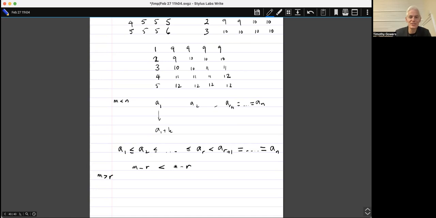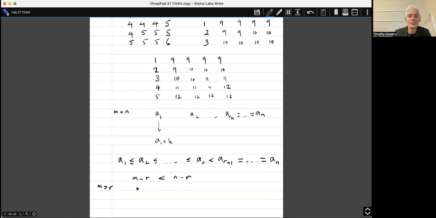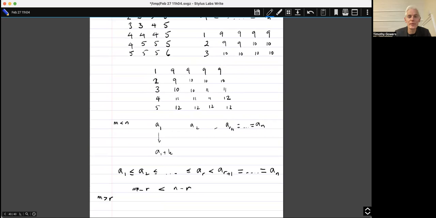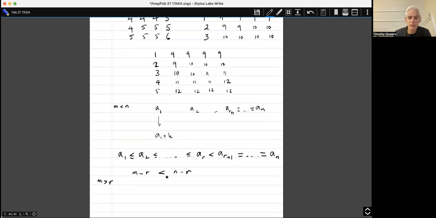So why is that argument wrong if we have 4, 4, 4, 5, but that's the case m is less than r. So if m is, okay, so I think I've seen it now. So if m is less than r, it is the case that an minus a1 goes down,